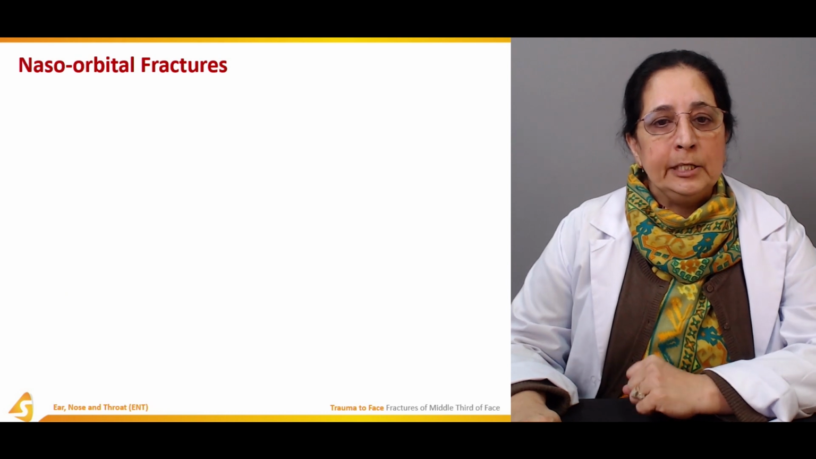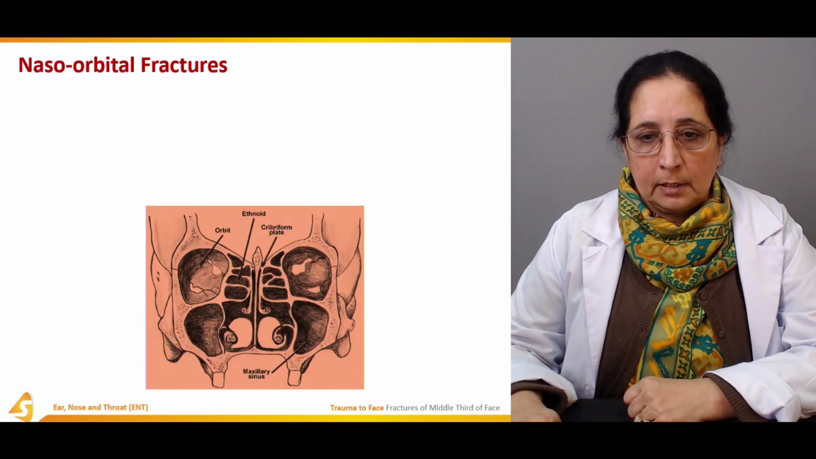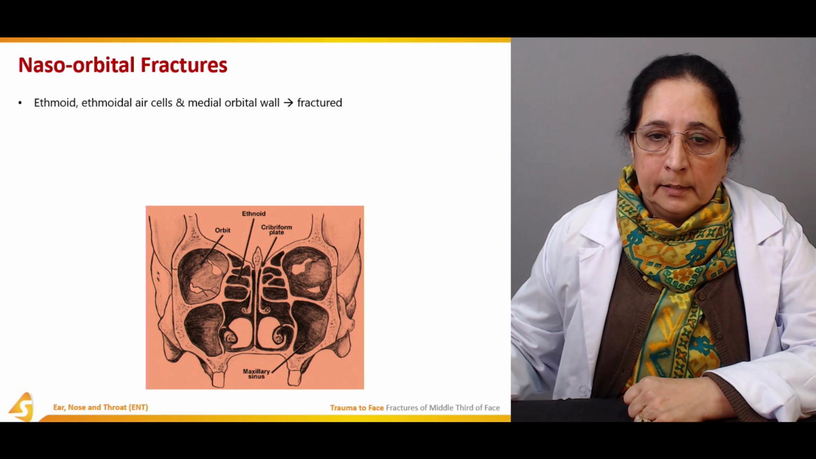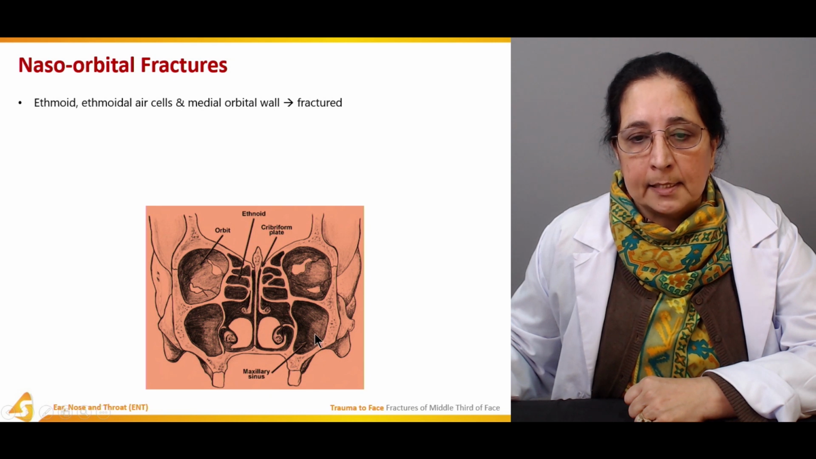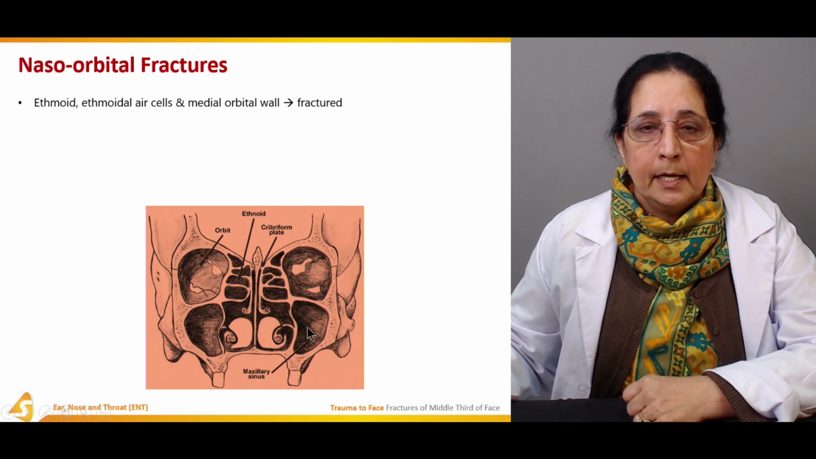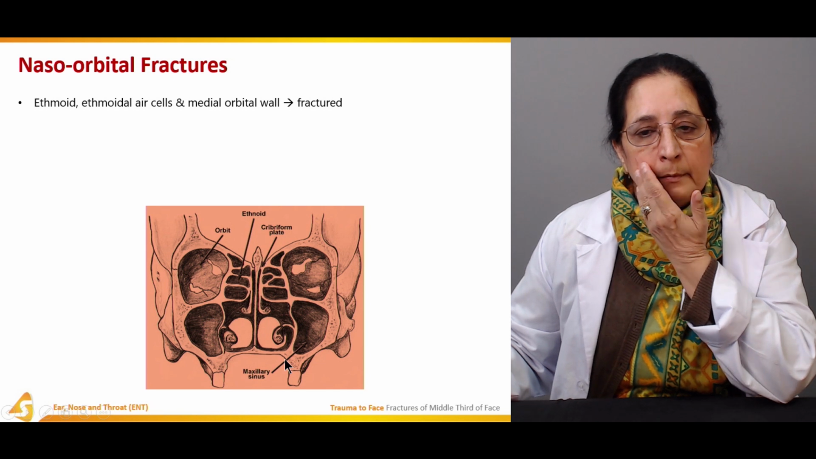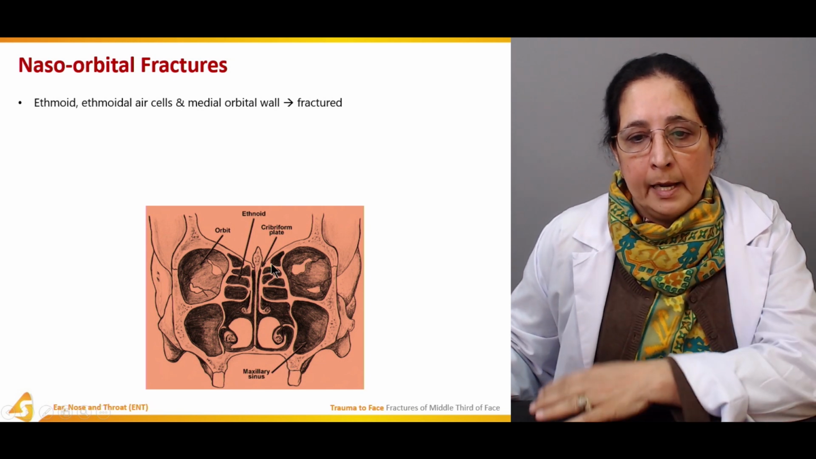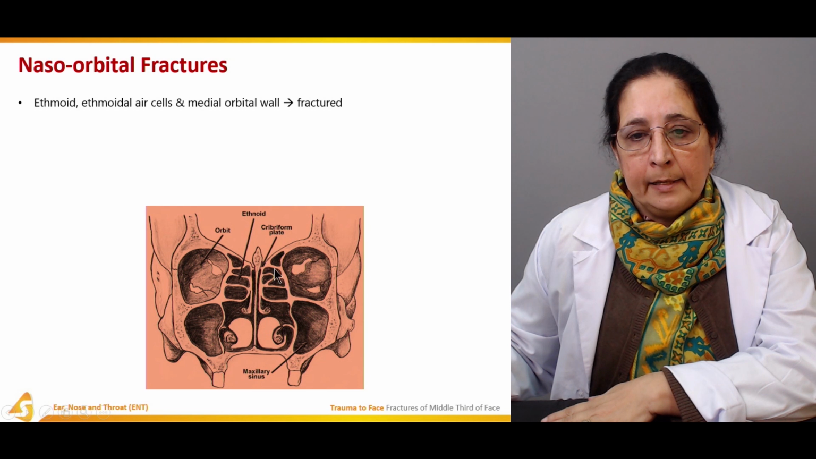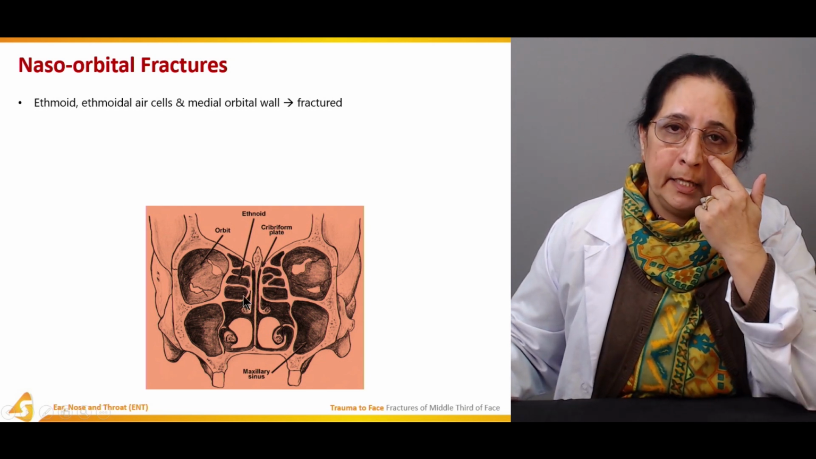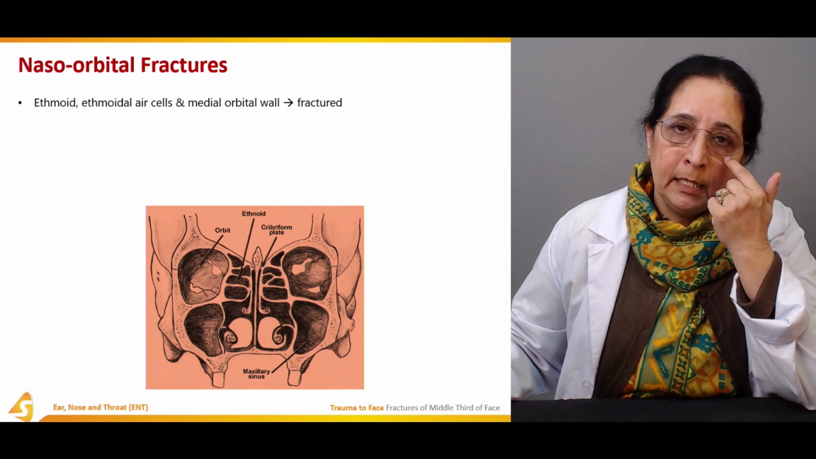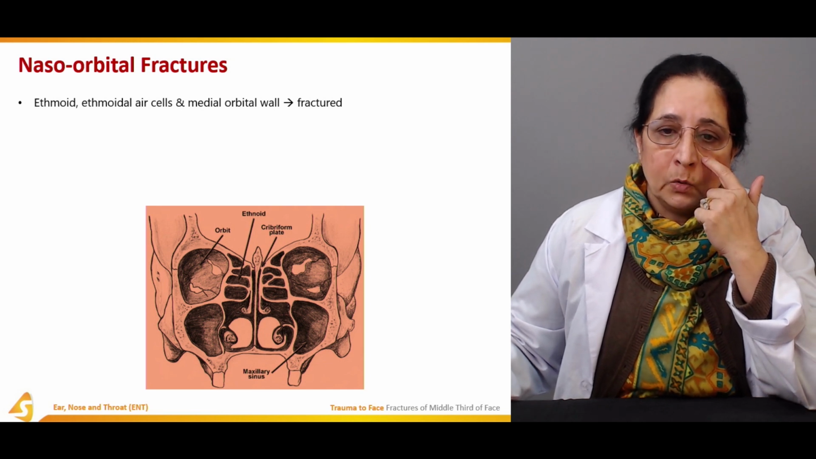Next, naso-orbital fractures. This is the orbit, or the eyes, in between. Then this is the maxillary sinus. The maxillary sinus is in the maxillary region, and these are the orbits. And this is the ethmoid sinus. The ethmoid area is between the orbit and the nose. So